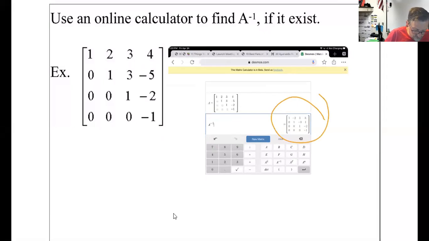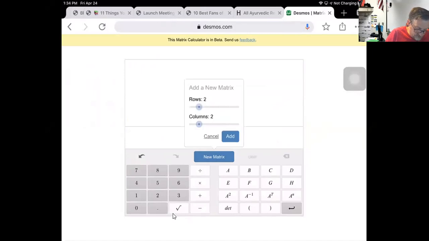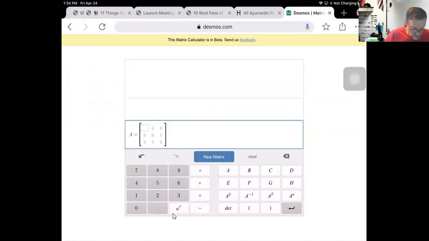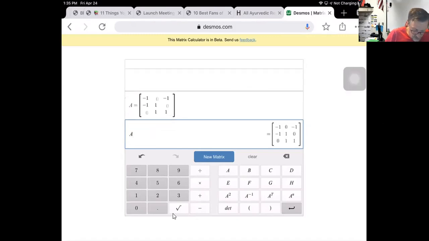I think this is the last one we're doing. So clear it all out. New matrix. 3x3. Put in the numbers. -1, 0, and -1. Top row. -1, 1, 0, and the middle row. Bottom row is 0, and then 1, and then 1. Okay. So hit return. Again, if I try A to the -1,